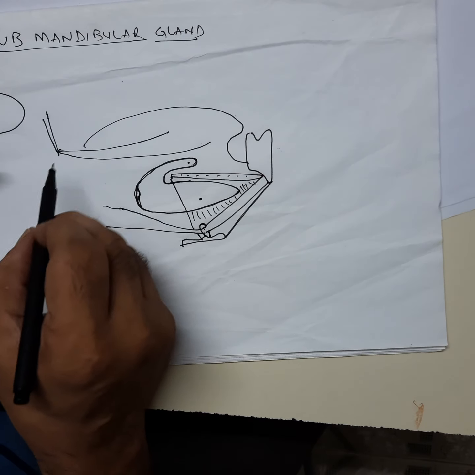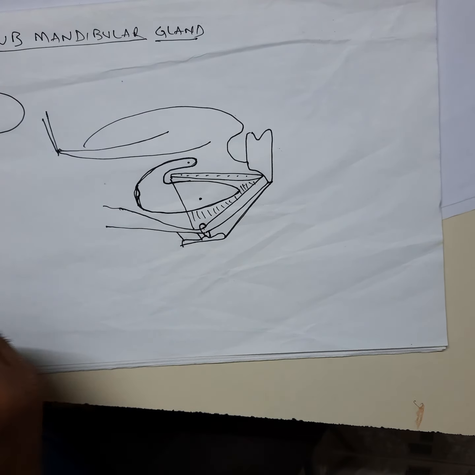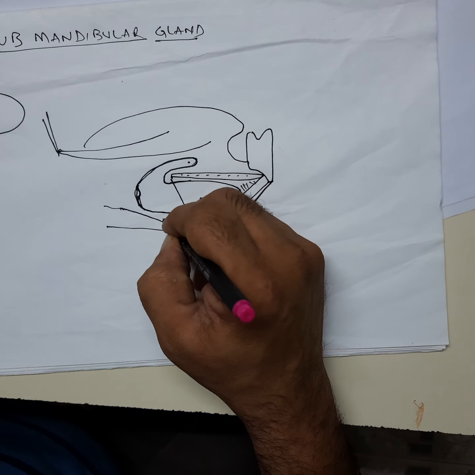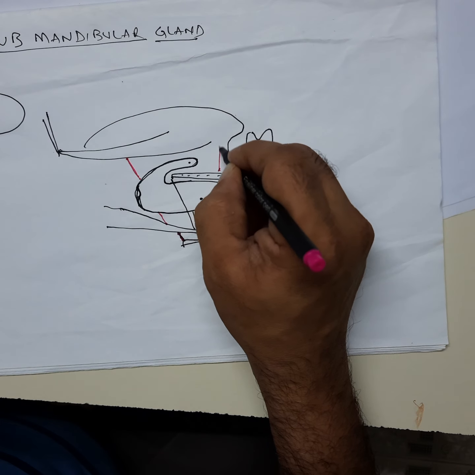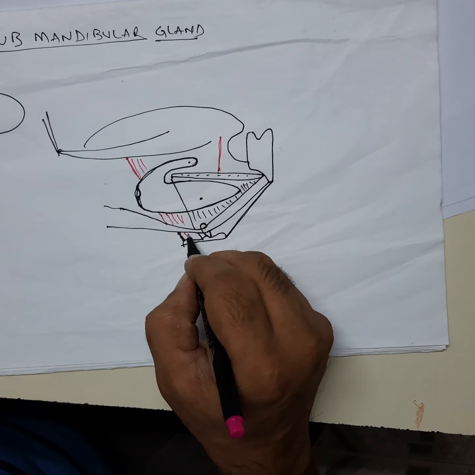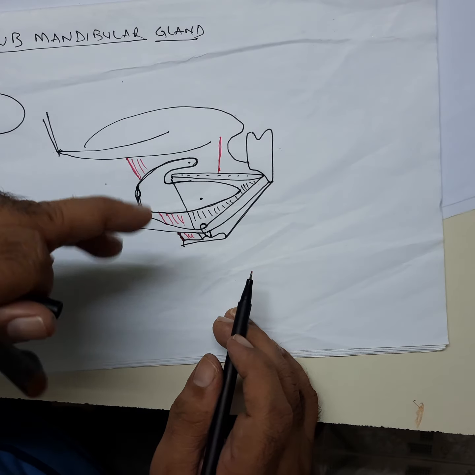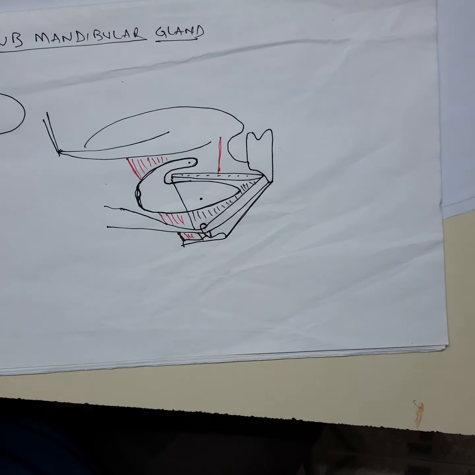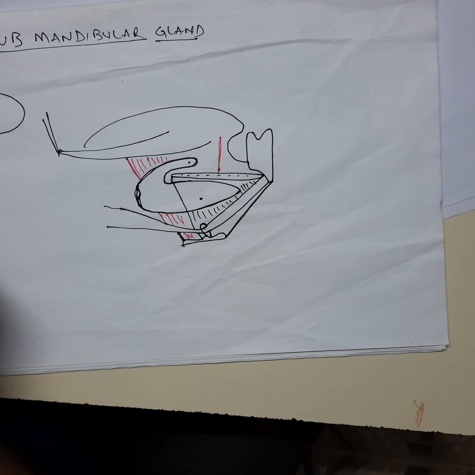And we have hyoglossus. From here I will change the color for the hyoglossus. You can see this is the hyoglossus muscle. It inserts to the side of the tongue like this. So, this pink color is the hyoglossus muscle. Hyoglossus lies behind or medial to the mylohyoid muscle. We will see the upper part only, and this is the styloglossus muscle.